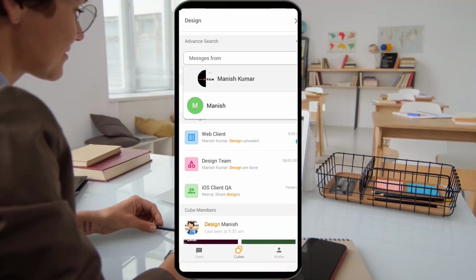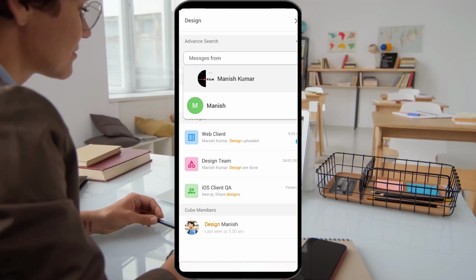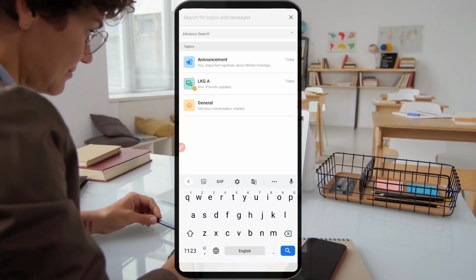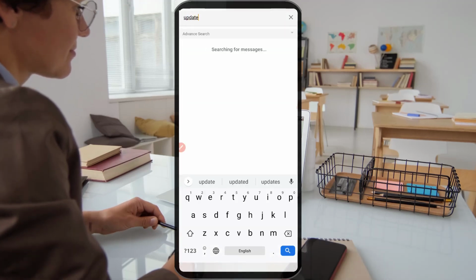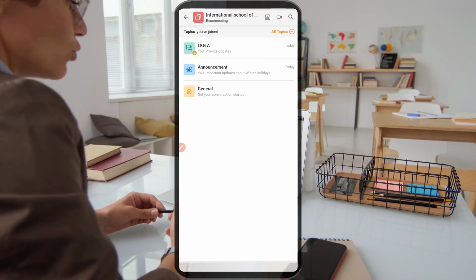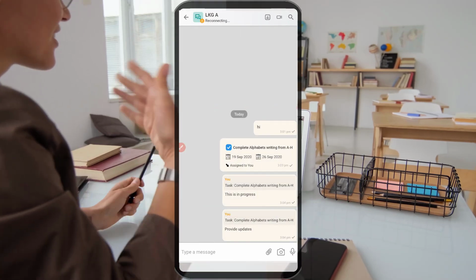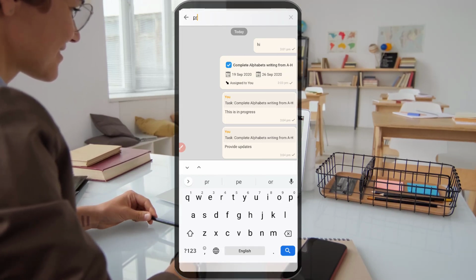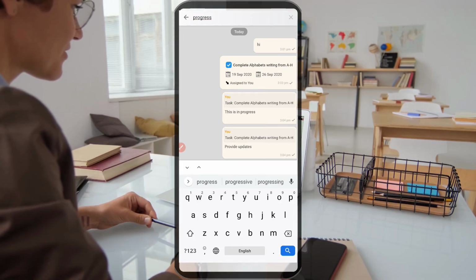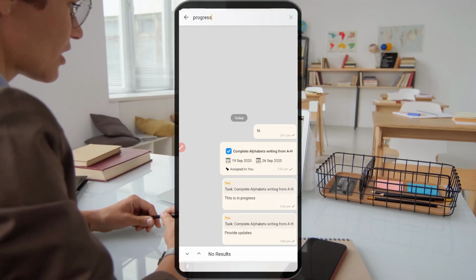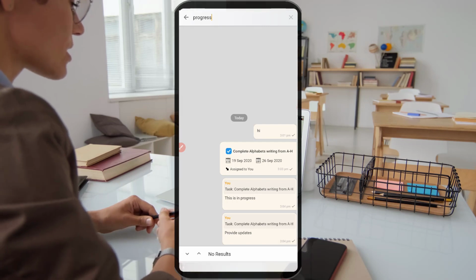Reverse also comes with a very powerful search function, which can be utilized to search for contacts, files, or any messages inside a topic or a queue. You can also utilize advanced search functions to search for a message from one of your contacts, from one of the teachers or the students or a parent.